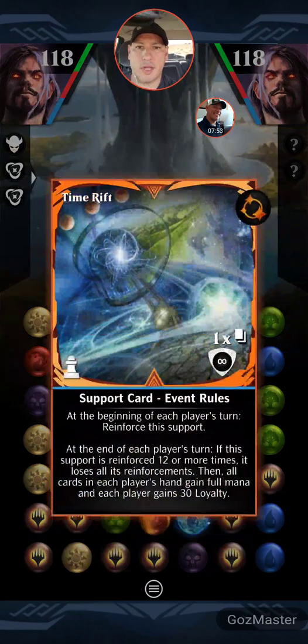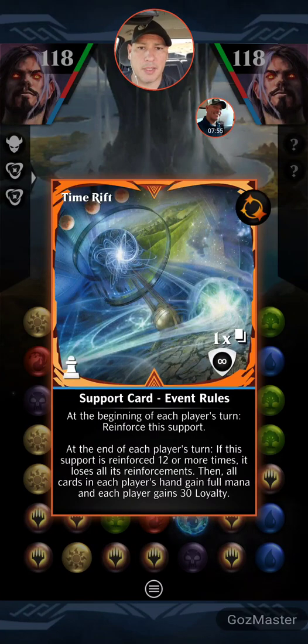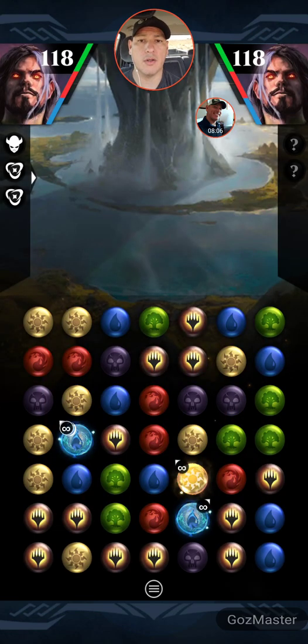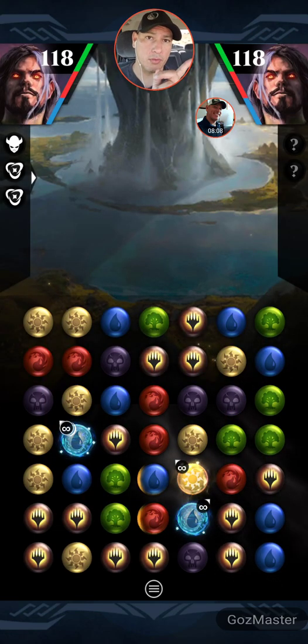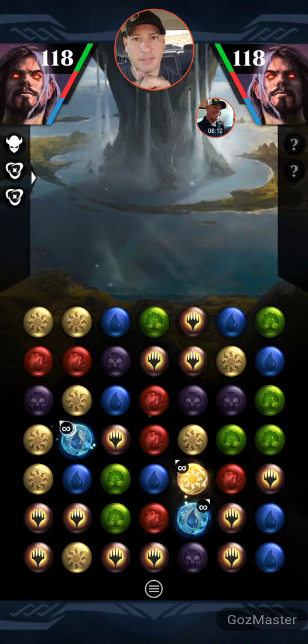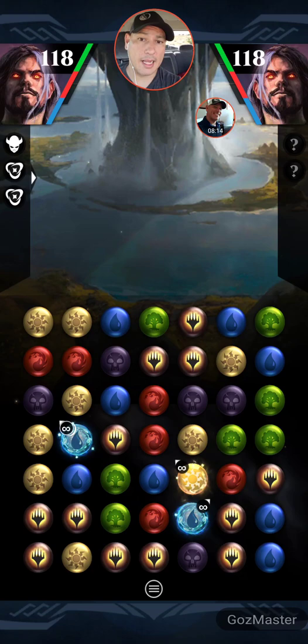Okay, so here's the situation. Time Rift is ours. At the beginning of each player's turn, reinforce this support, so it's already reinforced. At the beginning of each player's turn, if this support is reinforced 12 or more times, it loses all its reinforcements, and all cards in each player's hands gain full mana, and each player gains 30 loyalty. So, in this case, it's 1, 2, 3, 4, 5, 6, 7, 8, 9, 10, 11, 12, and that's when